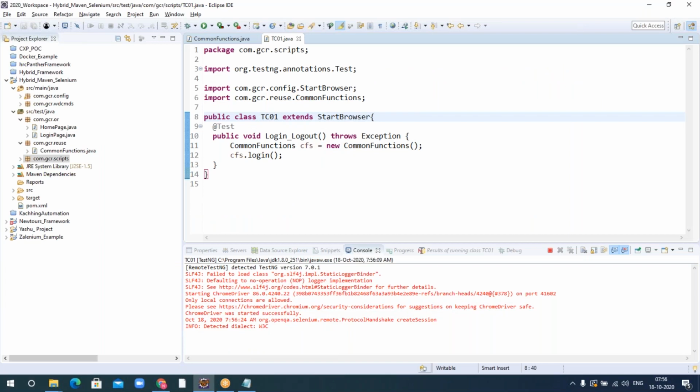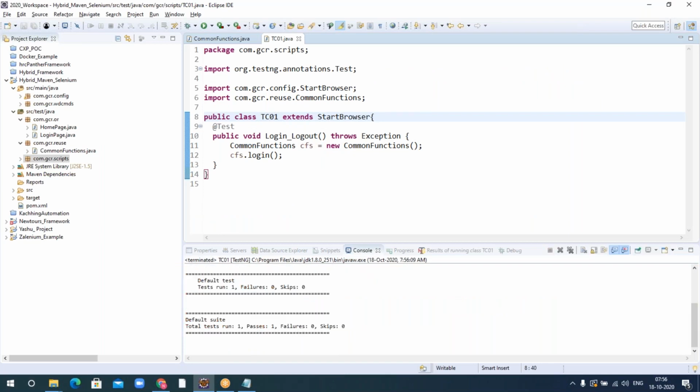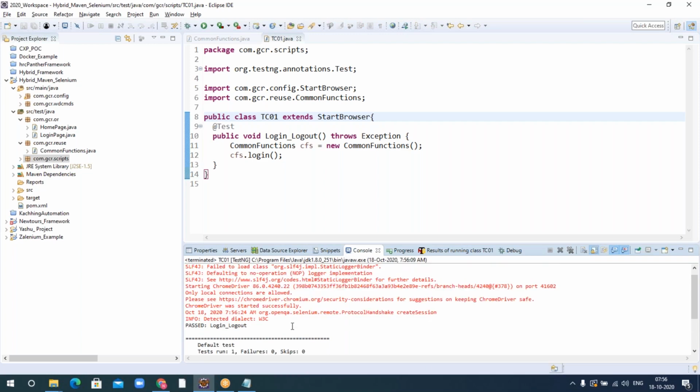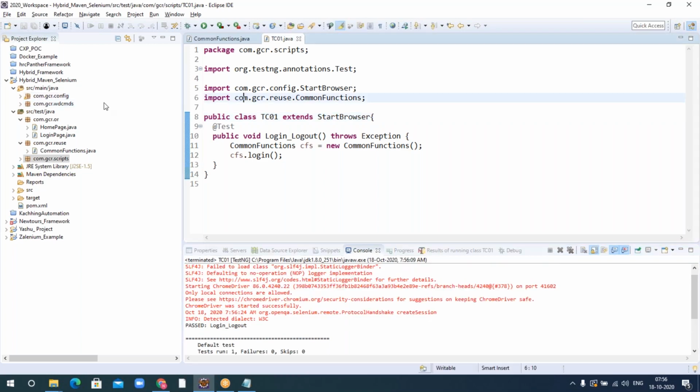Yeah, that's it, because I have written till that particular point only, and my test case is passed. And if you want, we can see the report now.